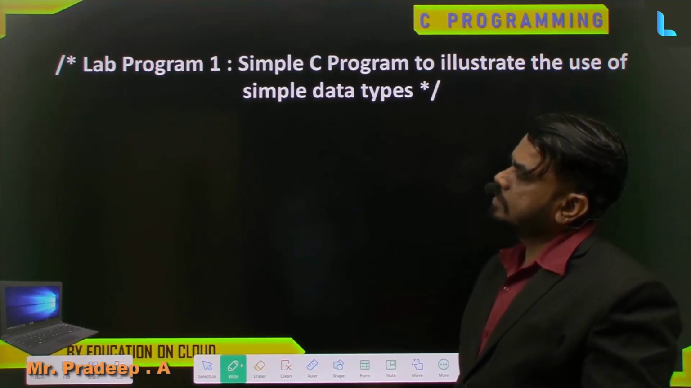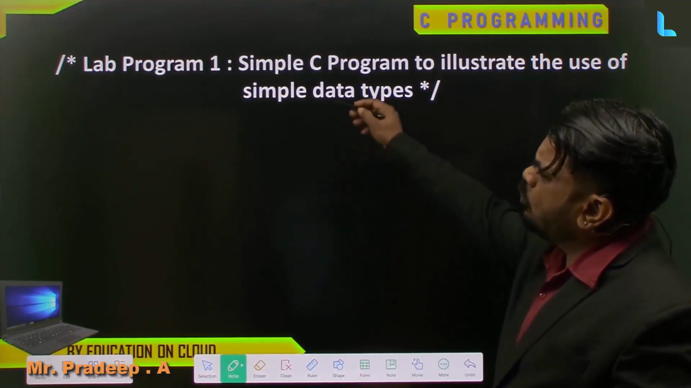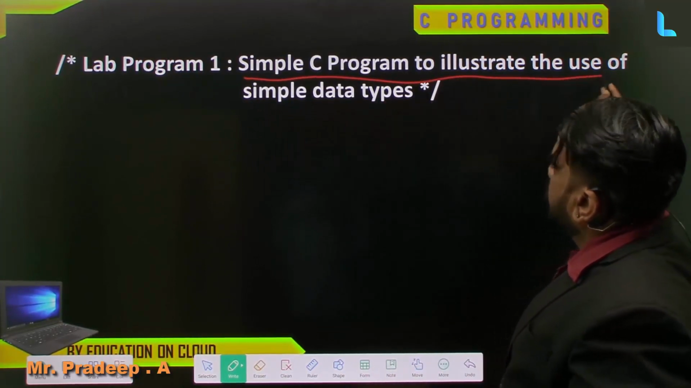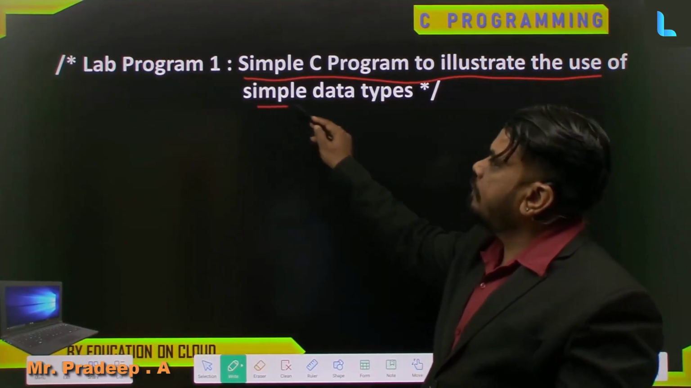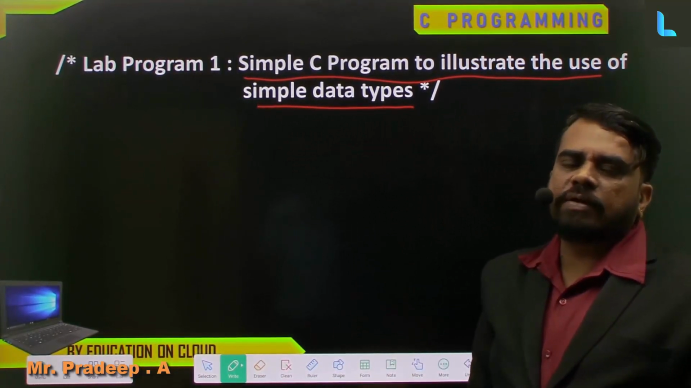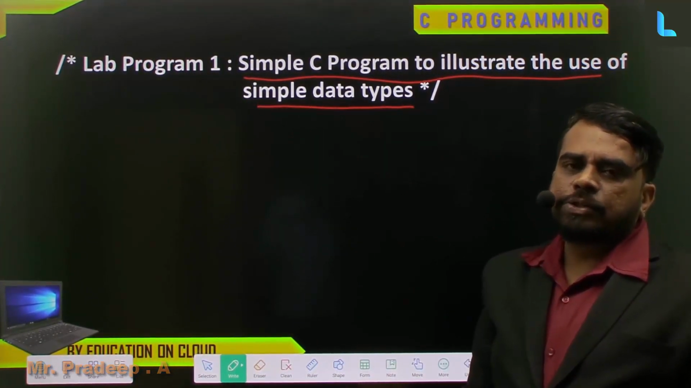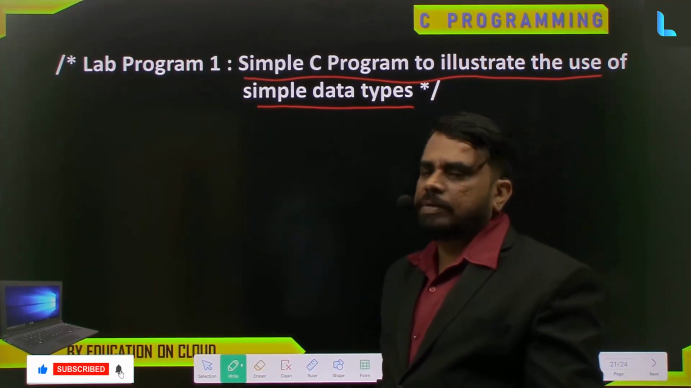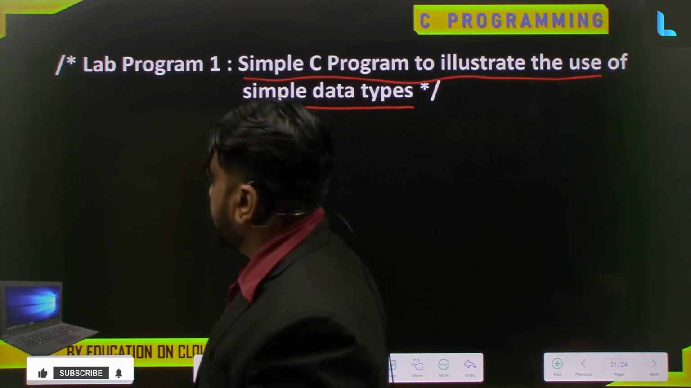So next I will show you how to write a C program to make use of the data types. In our theory session we have learned the data types, right? So let me refresh once again. What are the simple data types in C programming language? The primary data types are like this: